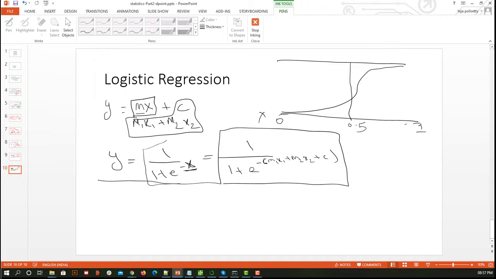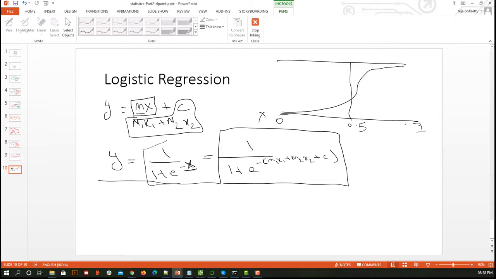Let me take an example. Let us take x as 1, just an assumption, just to see what is the maximum value or the minimum value of y. If I put x as 1, then 1 by 1 plus e power minus 1 gives something like 0.something. It is not a negative value, and it is not greater than 1 because the denominator is greater than 1. And if I put x as 0, then 1 by 1 is 1. So whatever value of x you keep, the maximum value this function is going to reach is 1, and the minimum possible value is 0.